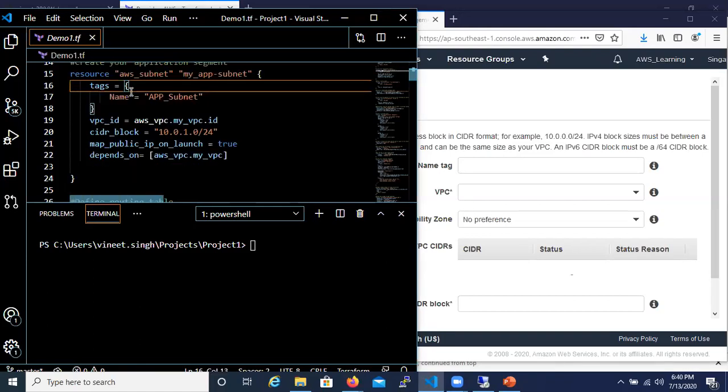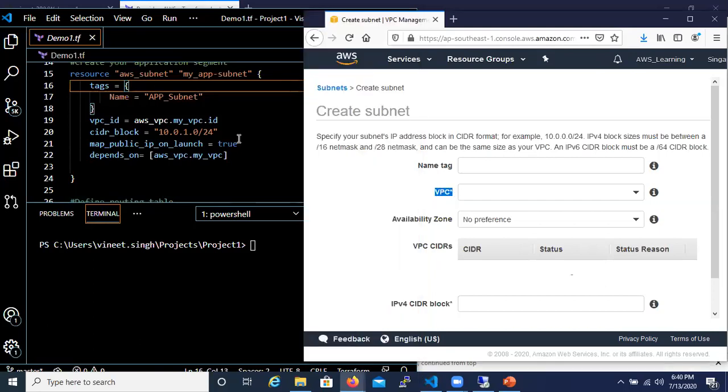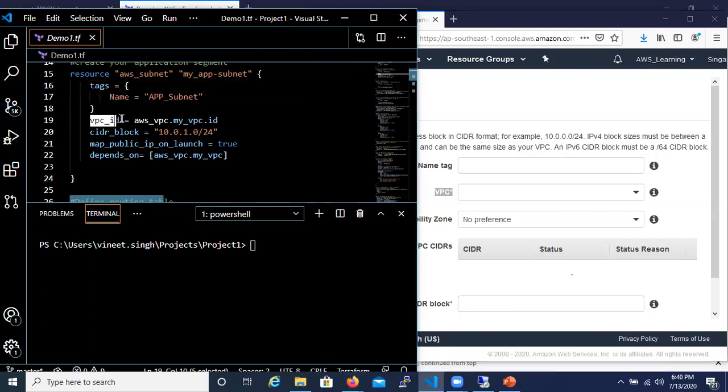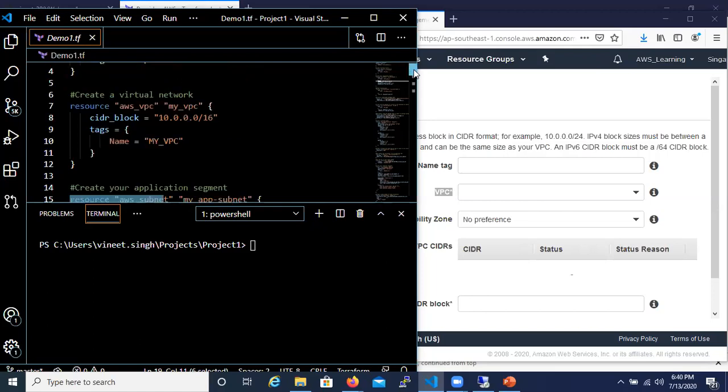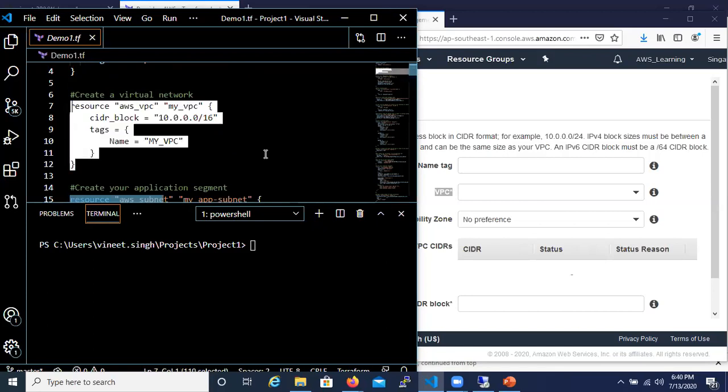Now, whenever you create a subnet, you also have to mention the VPC. So in here, this is your VPC ID. Every VPC has a unique ID. In my previous step, I have already created a VPC. This is my code to create a VPC. But Terraform does not know the ID of that VPC which is going to get created. It will come to know only after the VPC is created.